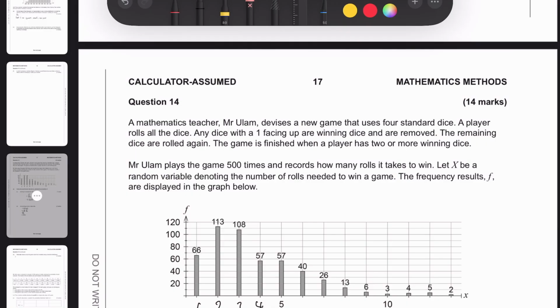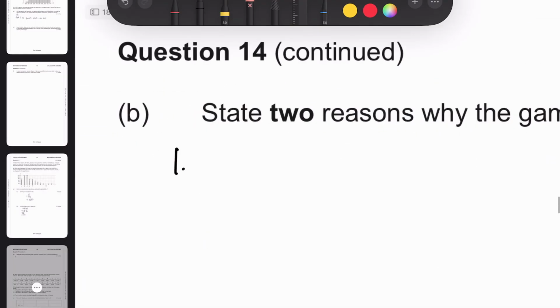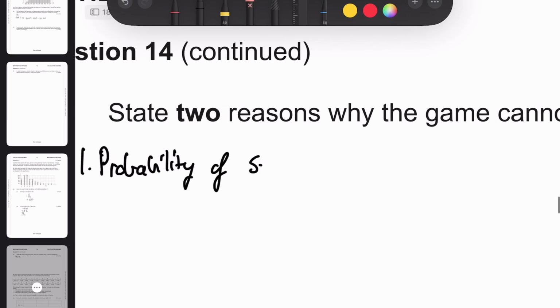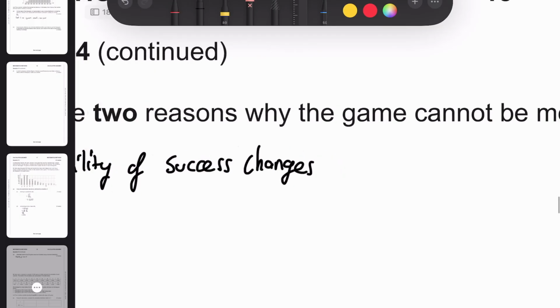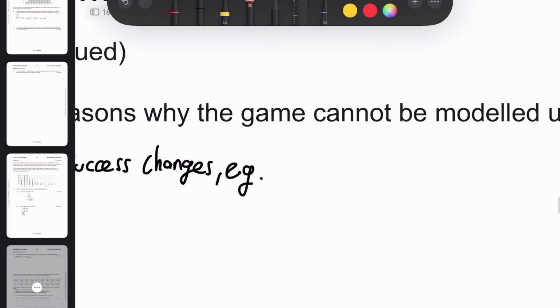So pretty much the probability of success is not fixed. Okay, so let's do the probability of success. Success changes. For example, if a dice is removed,